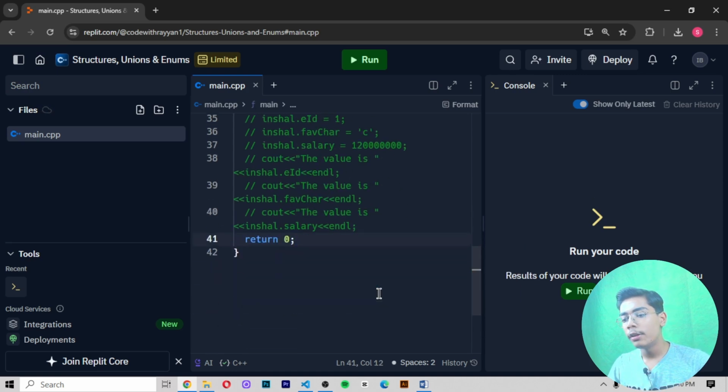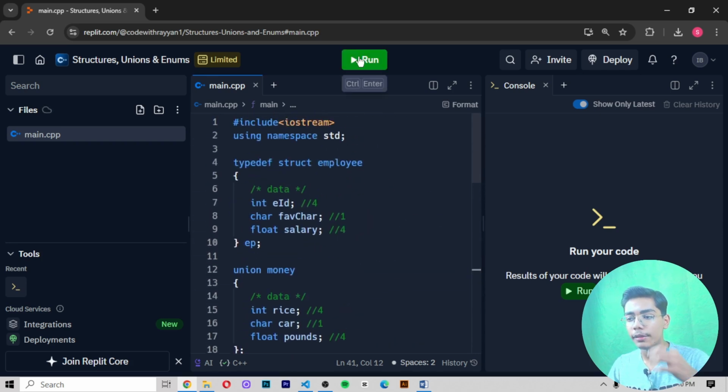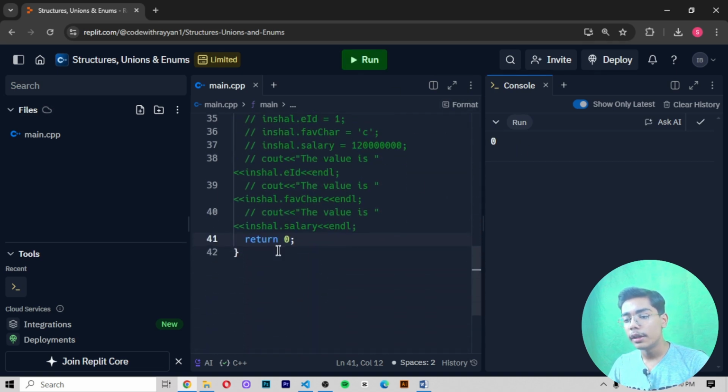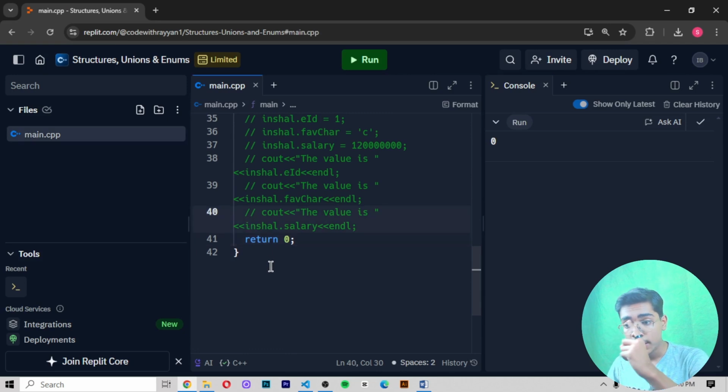So what I'm going to do is run all these things, and when I run, you will be getting the value as 0. If I run, you can see we are getting 0 because we are only returning the value here as 0. Now if I just remove these things which we have written, like all these comments,